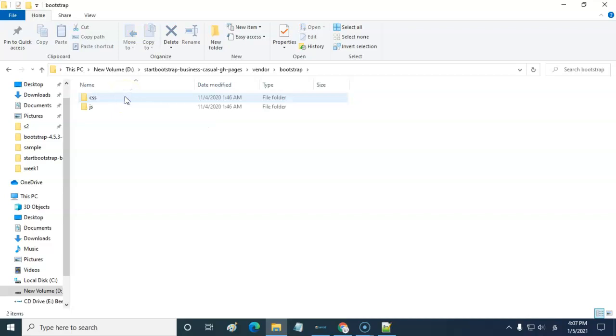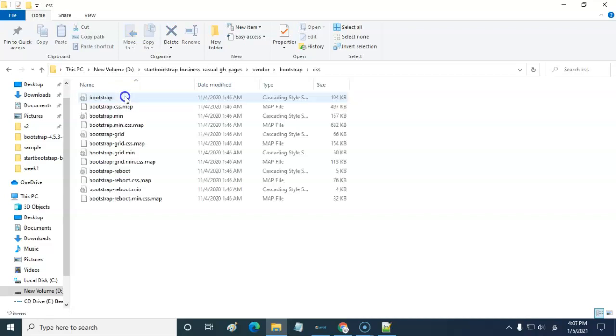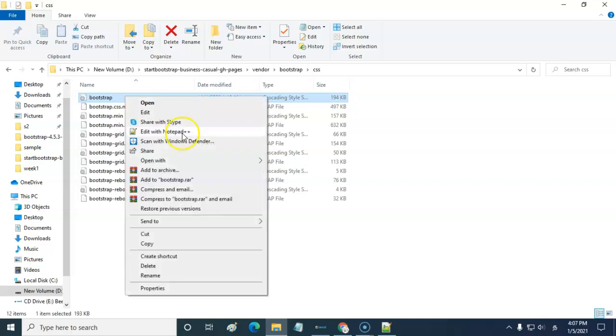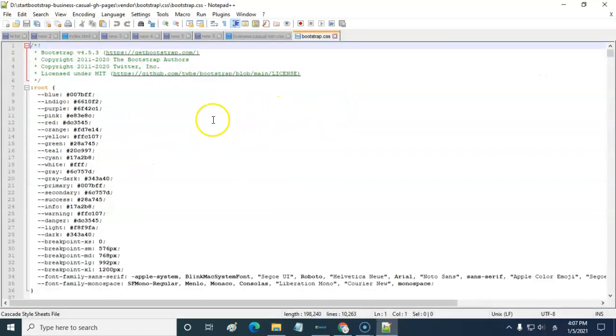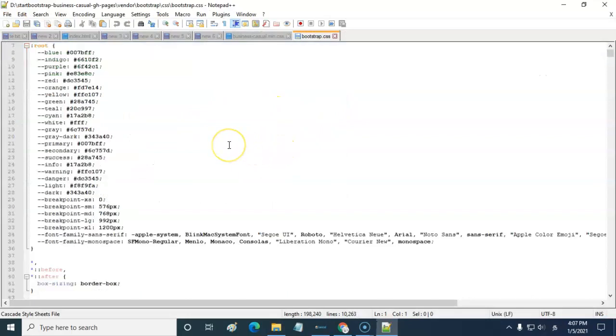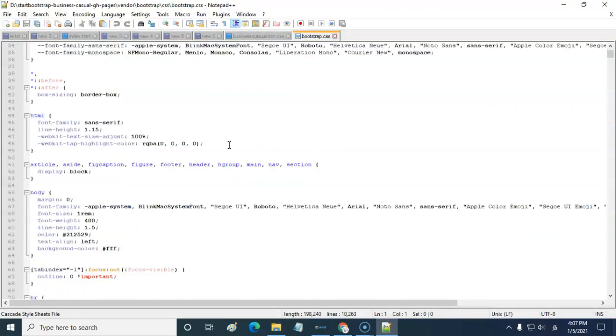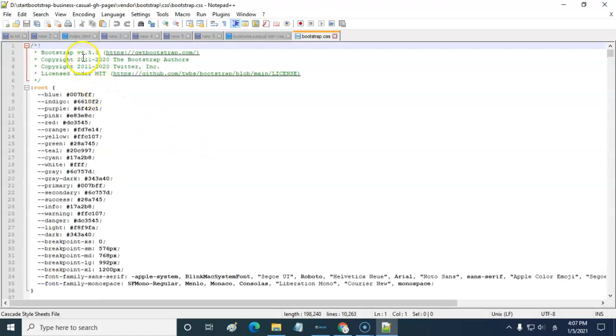Here it contains CSS. Now I am going to open this CSS file with Notepad++, which I recommend for editing code. Here the Bootstrap version is 4.5.3.